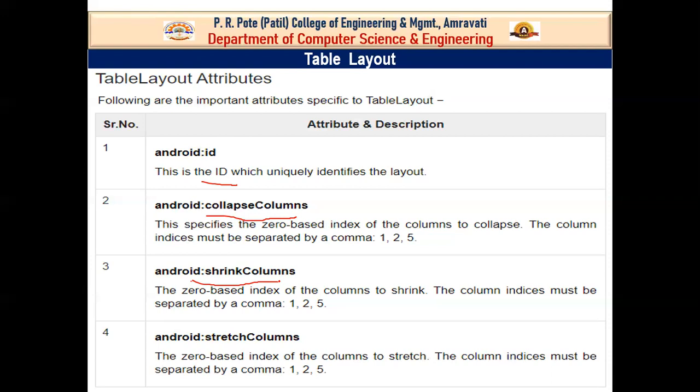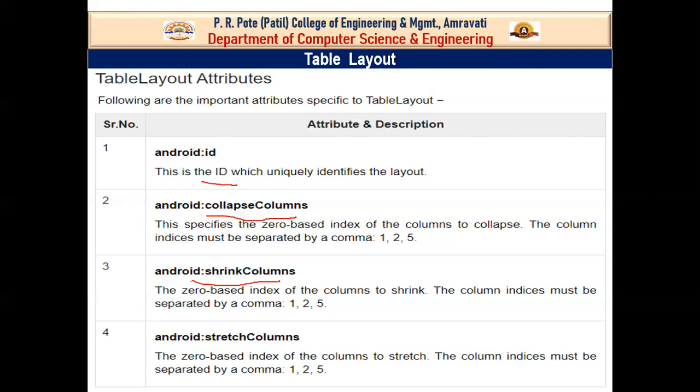In this property, you pass the indexes of the columns to be stretched. The column indices must also be separated by commas. So these are some basic properties for the table layout: Android ID, collapse columns, shrink columns, and stretch columns.